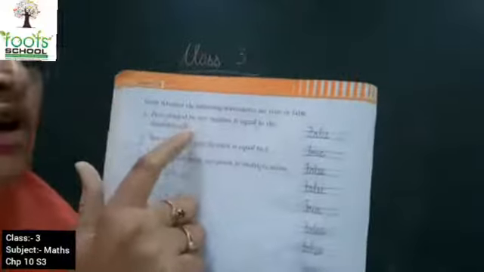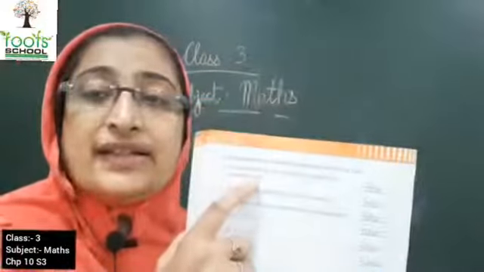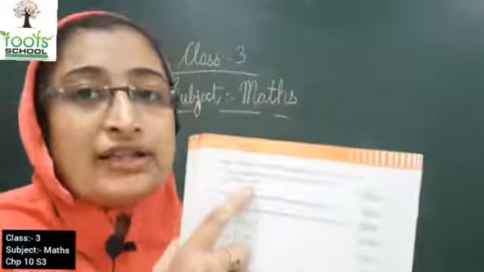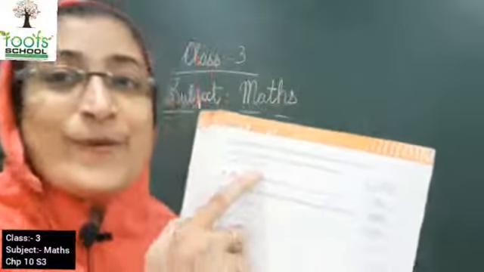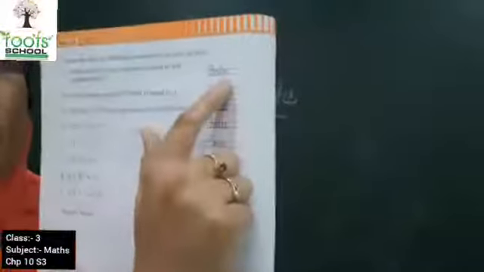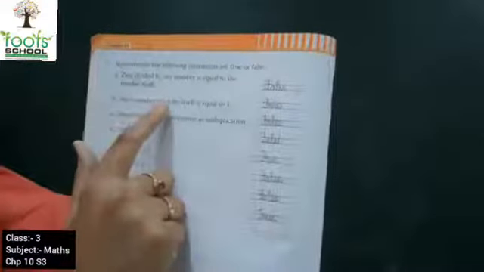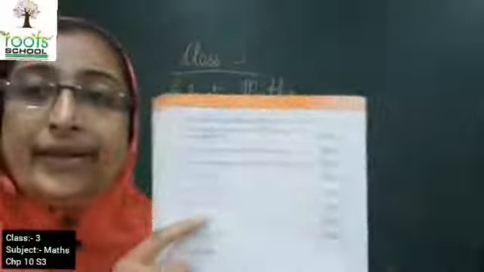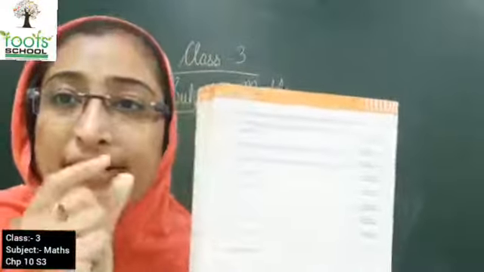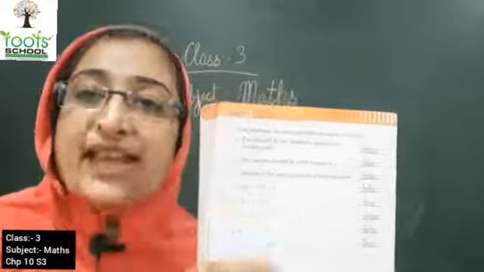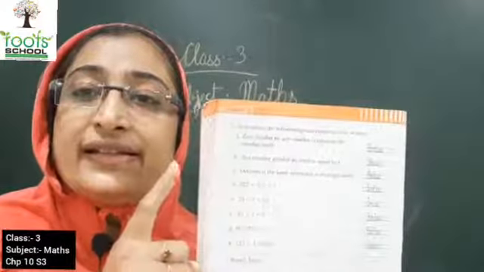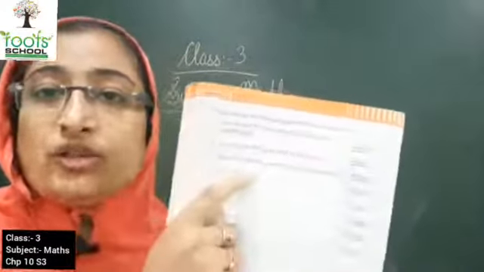No, this is false. Because if we divide a number by 0, the answer is always 0. Okay. So here you are going to write false. Now kids, move on to sum number B. Any number divided by itself is equal to 1. Yes, when you divide a number by the same number, you always get answer 1. So this is a true statement. So here you are going to write true.